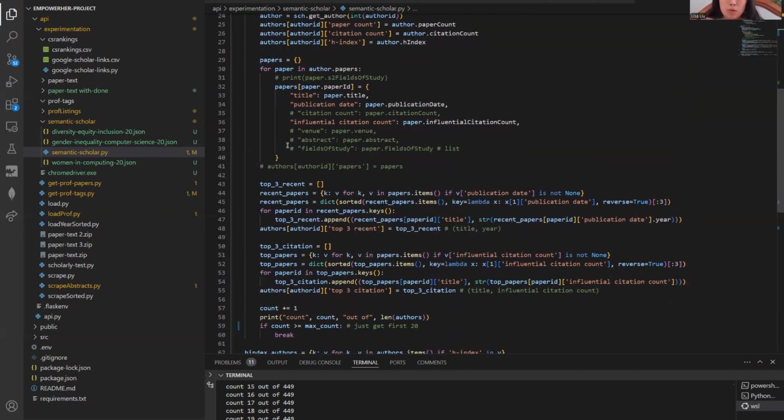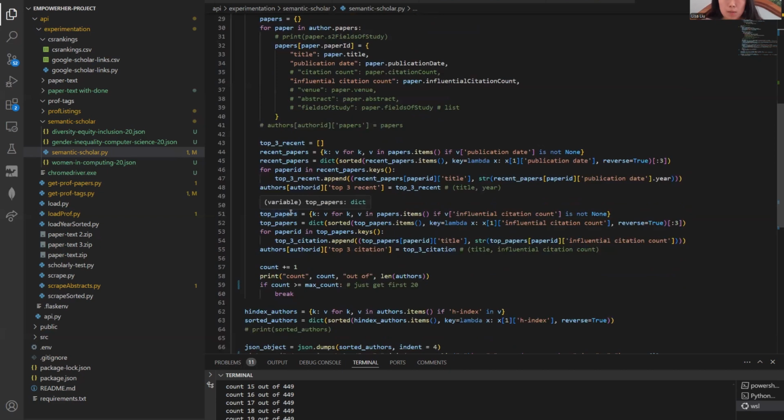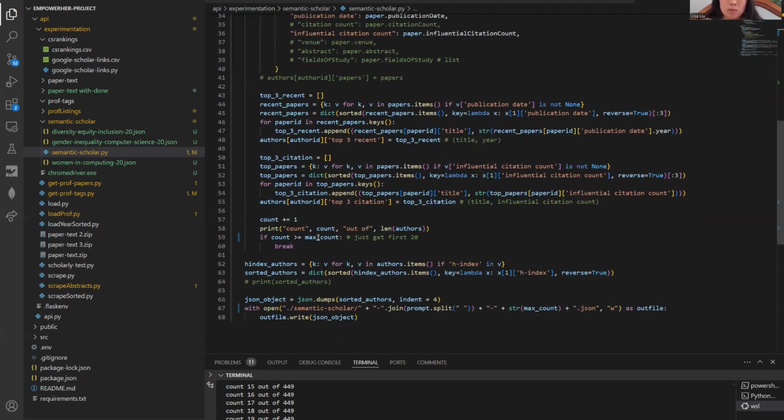And from these papers, we will display the top 3 most recent papers to show what an author has recently been working on, and the top 3 most cited papers to show what an author is most known for through their publications. Because this is mostly a proof of concept for the website, we are getting just the first 20